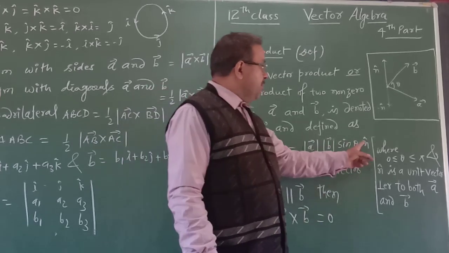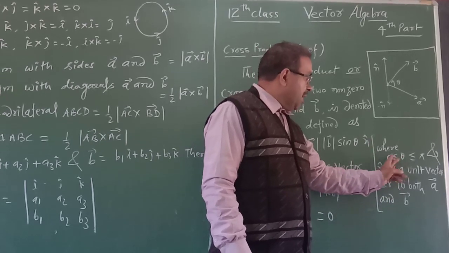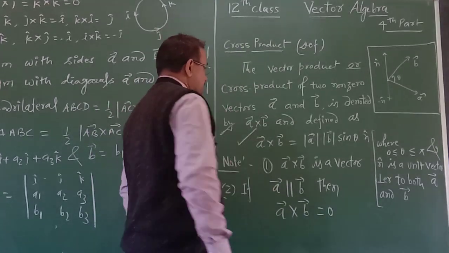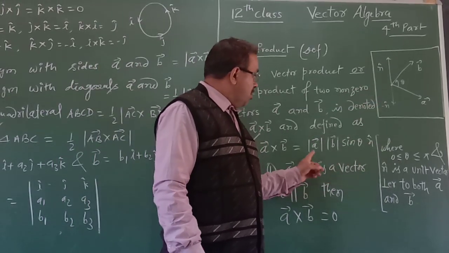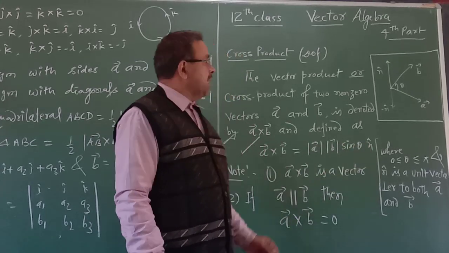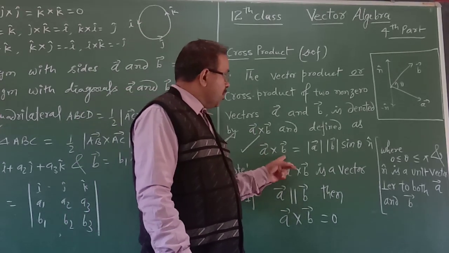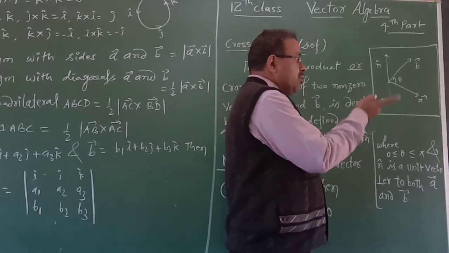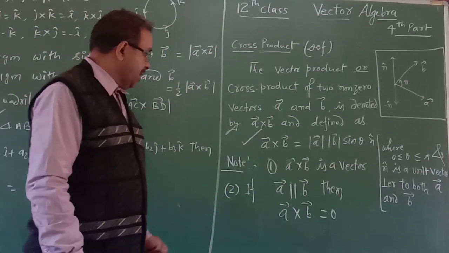What is n cap? n cap is a unit vector, it means having magnitude 1, and theta lies between 0 up to pi. It is denoted the cross product A cross B, where n cap is perpendicular on both vector A and vector B. जो n cap है आपका, जो तीसरा वेक्टर मिलता है, it means A cross B का जो रिजल्ट मिलता है वो आपका वेक्टर A और वेक्टर B दोनों पे परपेंडिकुलर होता है, जैसा फिगर में हमने बताया। अब ये ध्यान देना है कि जैसे ये जो है क्रॉस वाइज इस टाइप से चलता है, the result is perpendicular on both vector A and vector B.